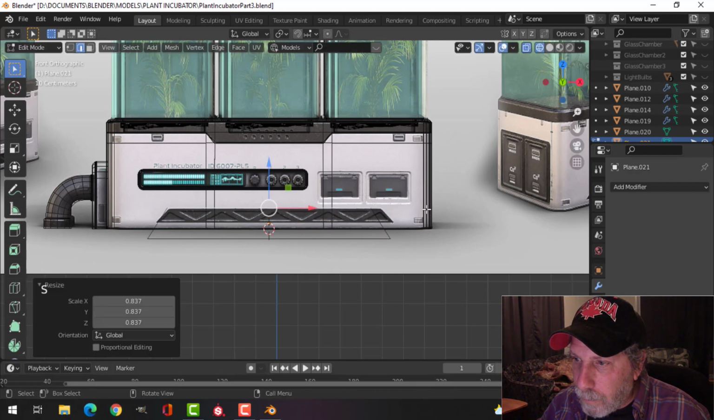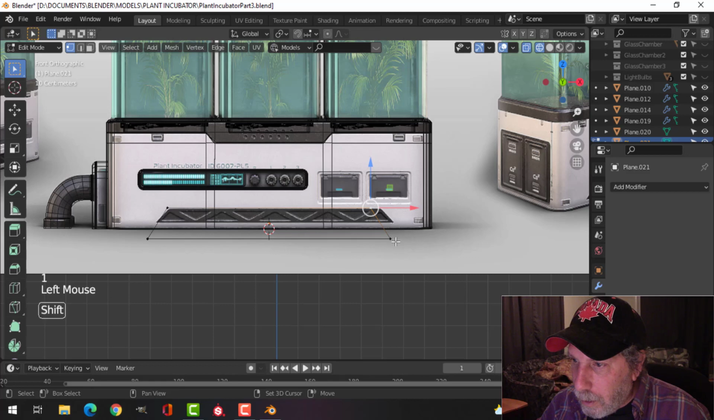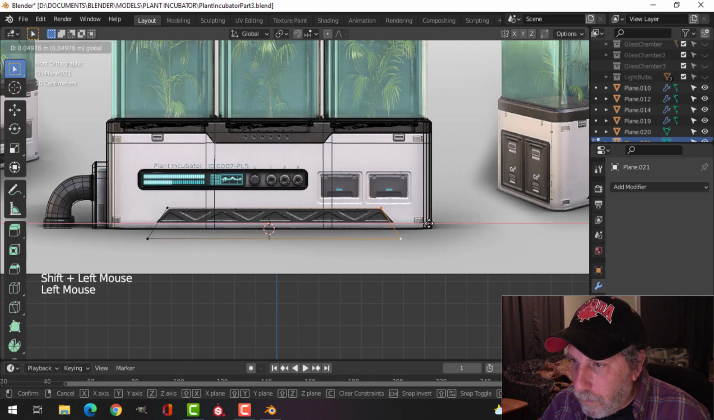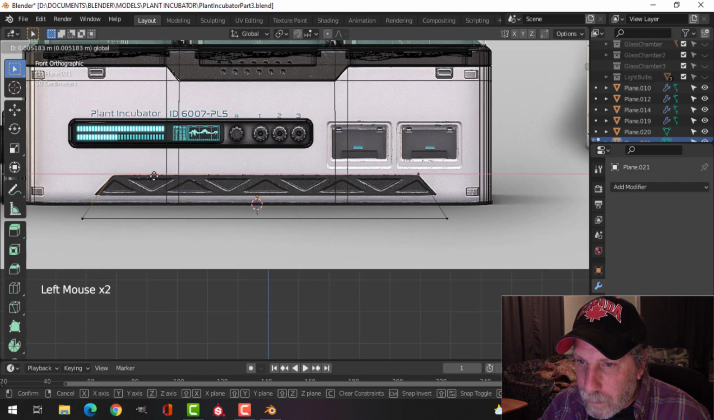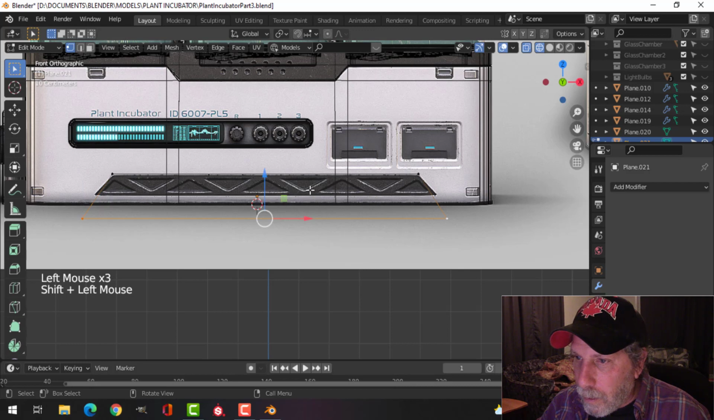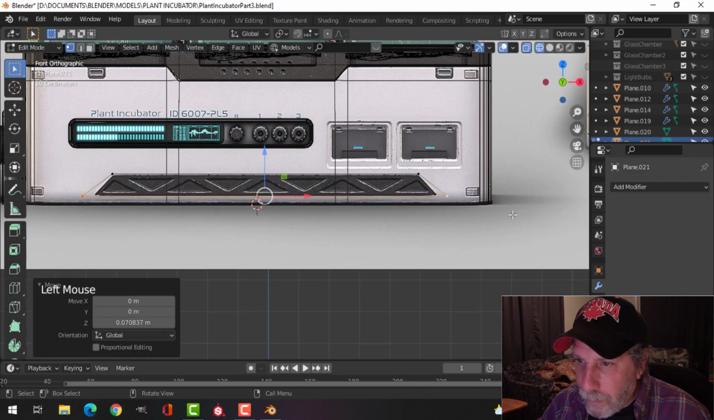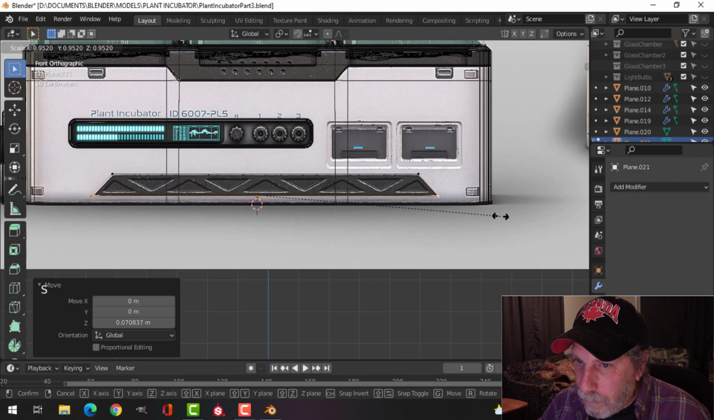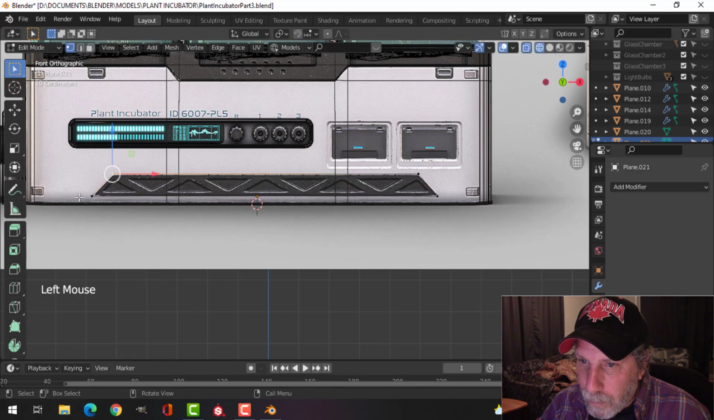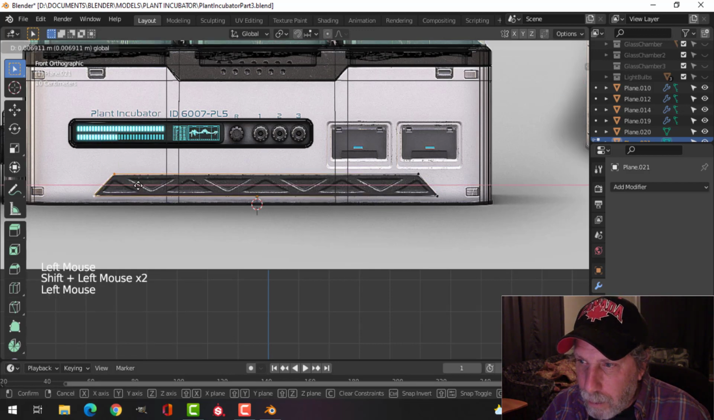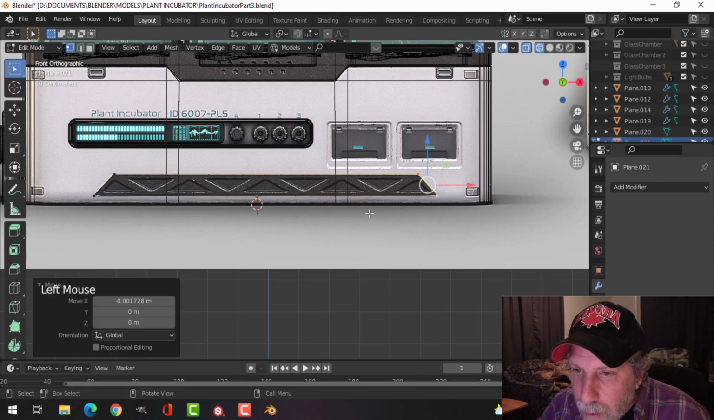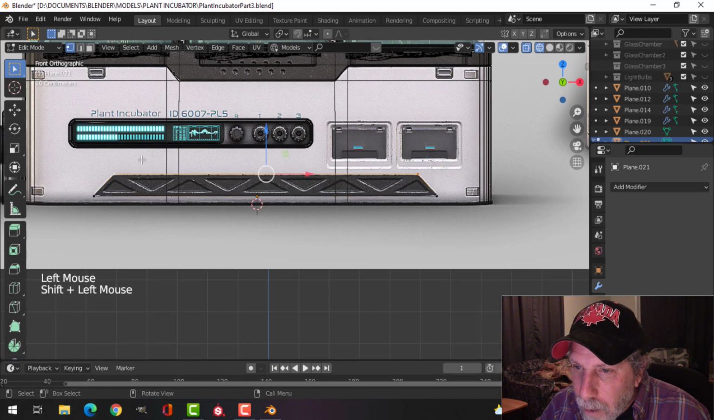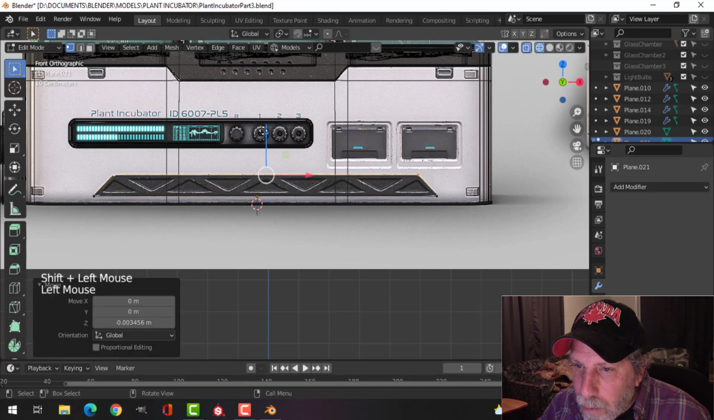S to scale that. Let's take these out. I'm going to pull these up, and I'm just going to scale them. I'm going to grab these two here, pull them in a bit, and these two. Alright, so something like that. Something like that. Now we're getting close to the bottom edge here, so hopefully we're not going to have a